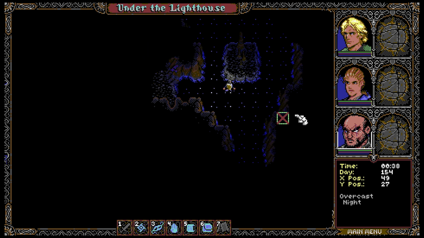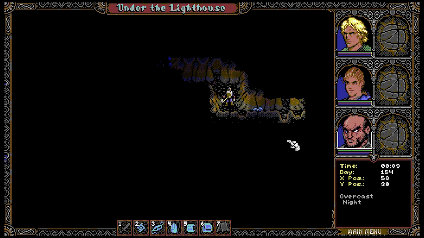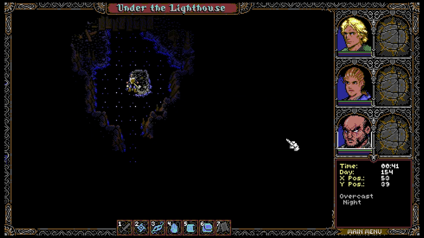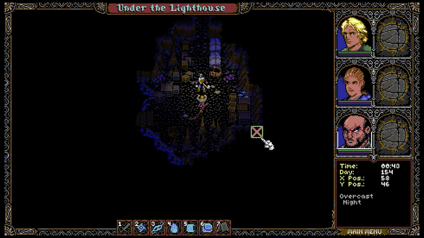Now we probably want to... We could take the secret passage back into the... That's the one that leads outside, isn't it? We want to go up into the lighthouse. So if we go up here, there we go. So yeah, we go up into...